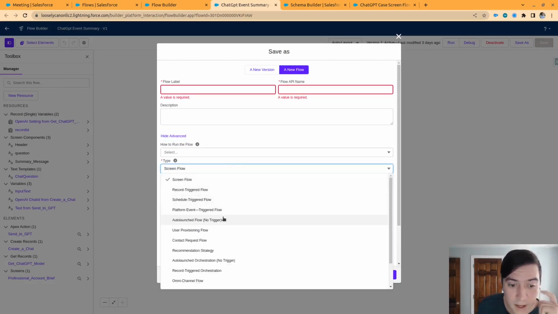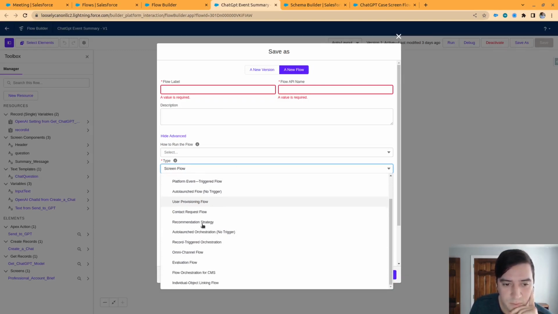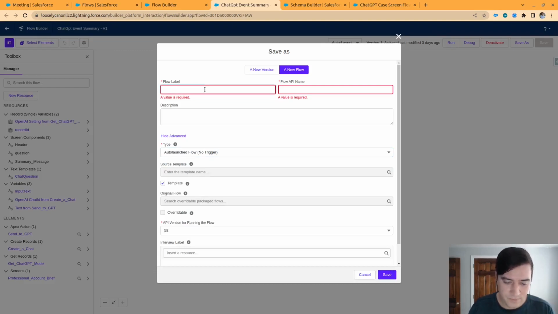Boom. So I could change this right down, and I am looking for auto launch, no trigger. ChatGPT event summary auto launched,